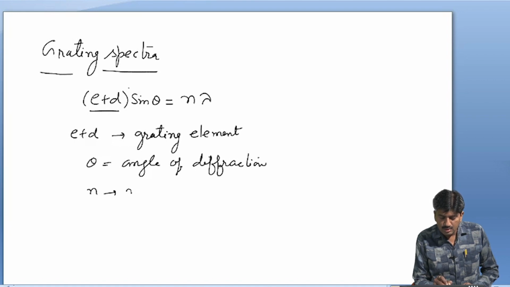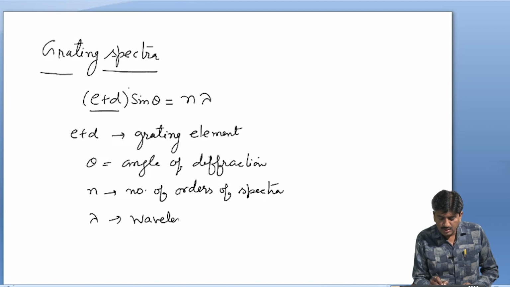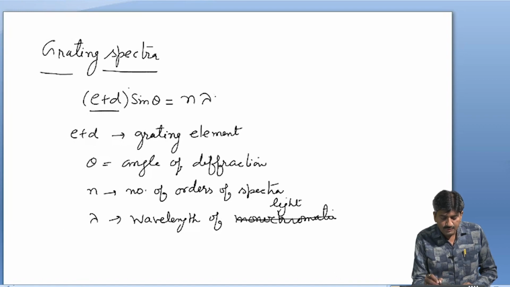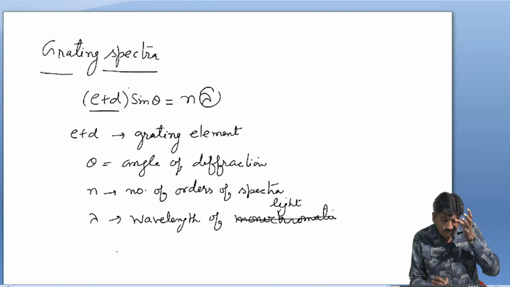small n is the number of orders of spectra, and lambda is the wavelength of the monochromatic incident light. And we know that when a wave of wavelength lambda falls normally on a grating, principal maxima